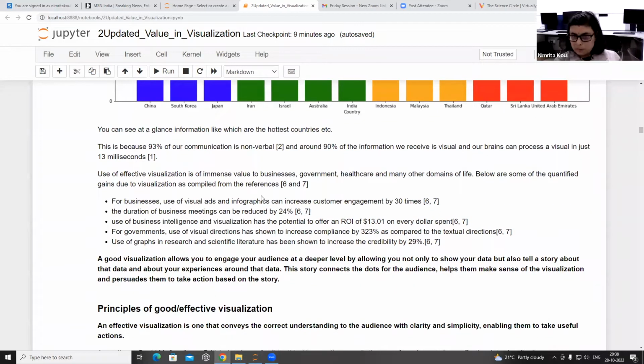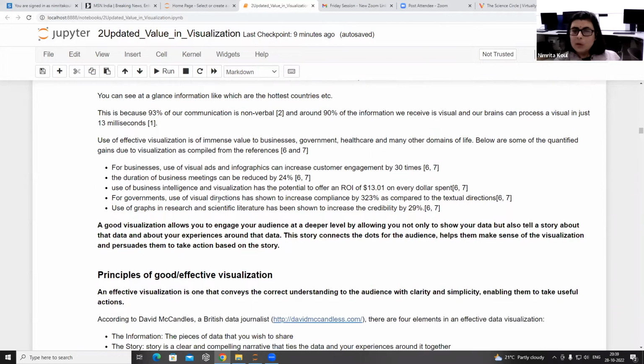So as per references 6 and 7, they have reported that for businesses, if you're using visual aids and information graphics, you can increase customer engagement by 30%. The duration of business meetings can be reduced by around 24%. It's a huge saving in corporate time. And you can increase the ROI by around $13 on every dollar you spend with the help of visualization and